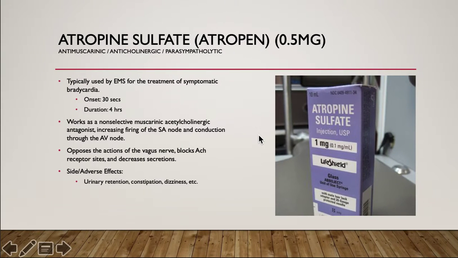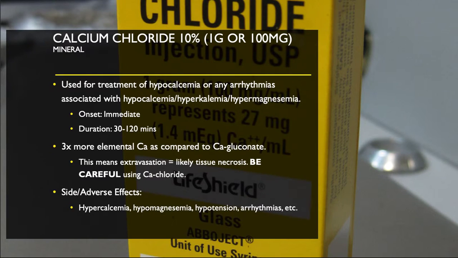All right. So moving on from atropine, we have our calcium chloride, very useful, not often used in the pre-hospital environment, but it is a fantastic drug to carry. Typically, so obviously it's used for the treatment of hypocalcemia or any arrhythmias associated with hypocalcemia, hyperkalemia, or hypermagnesemia. A lot of people get